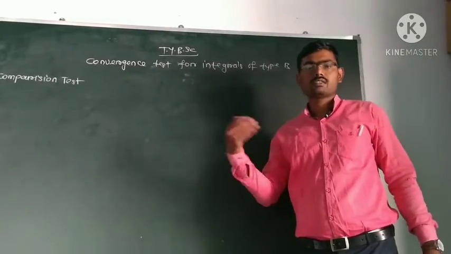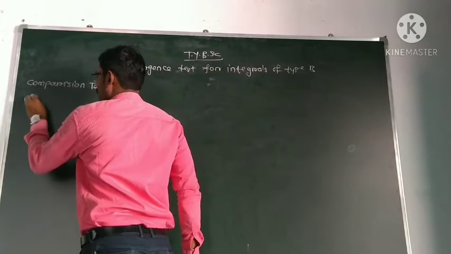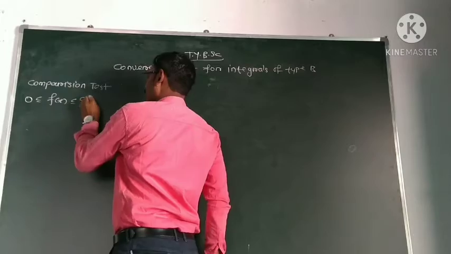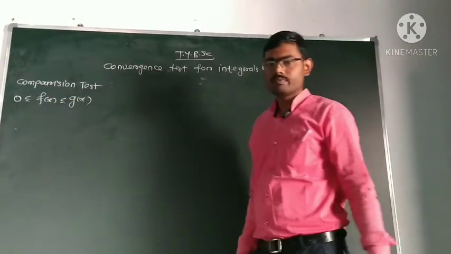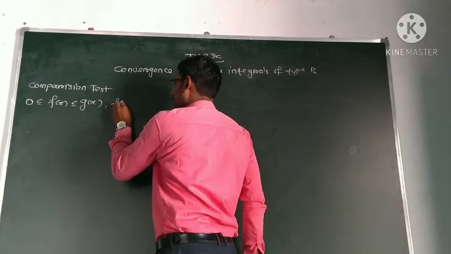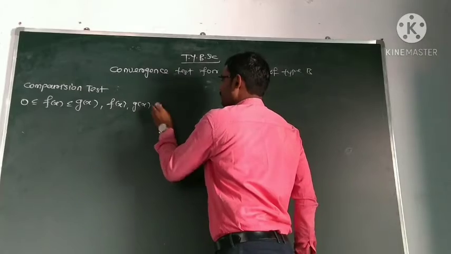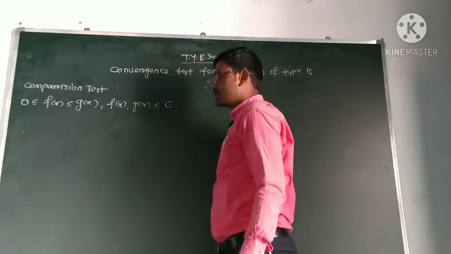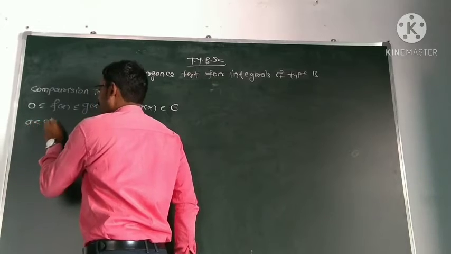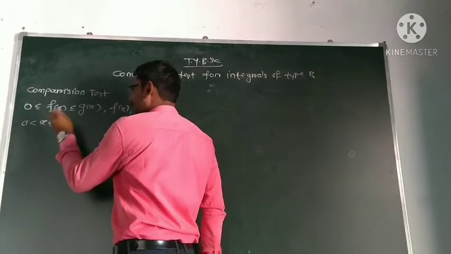The same test here also. Suppose there are two non-negative functions, out of which one function f is less than or equal to the other function g. Both functions are continuous: f of x and g of x belong to the class of continuous functions, for a less than x less than or equal to b. Then first,